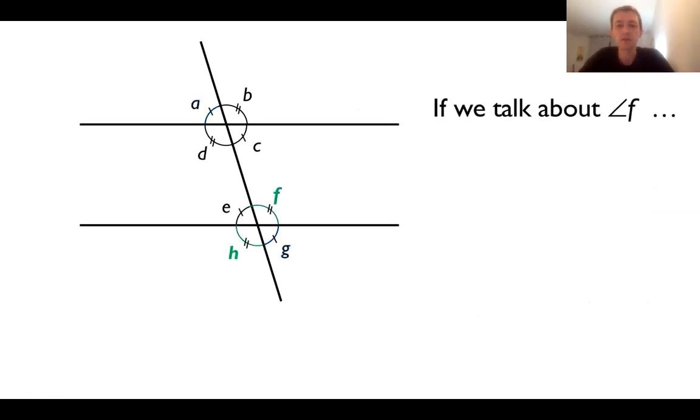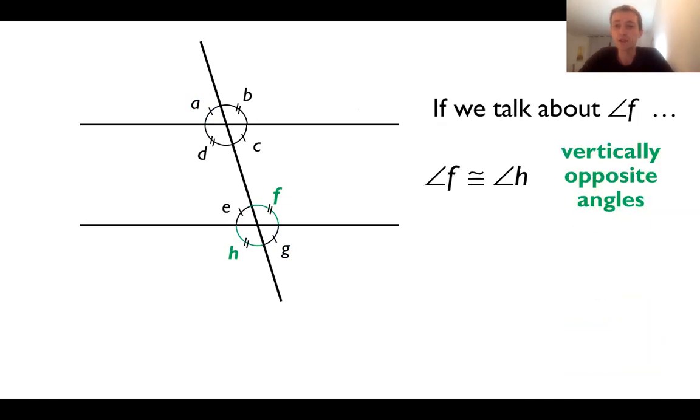Okay, so let's just do another example together. If I look at angle F, well, it is the same as angle H. Why? They're vertically opposite. They're across from each other. Okay, F and B are also the same. F is in the top right side of its intersection. B is also the top right side. That's corresponding positions. So you're going to say that angle F and angle B are corresponding angles. All right.